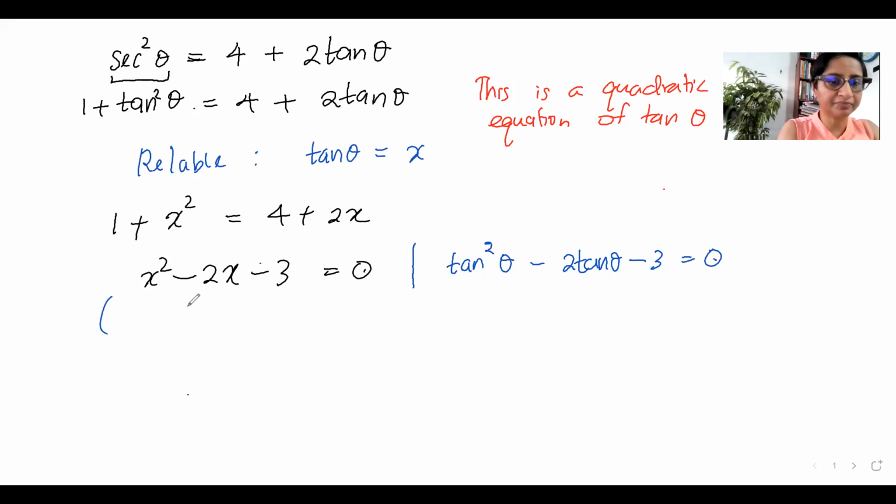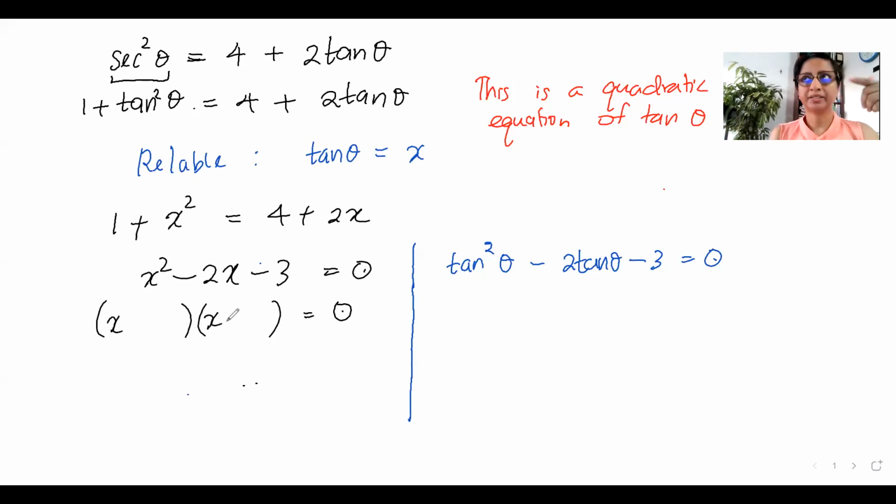Can we factorize this? I will show you side by side how it would look if you don't do the relabeling and when you do the relabeling. Relabeling is not a must. I just did it to show you how it could be done that way too. So, minus 3 plus 1,